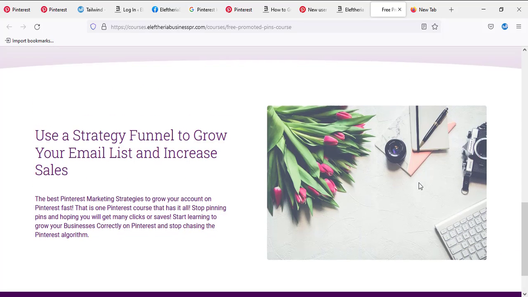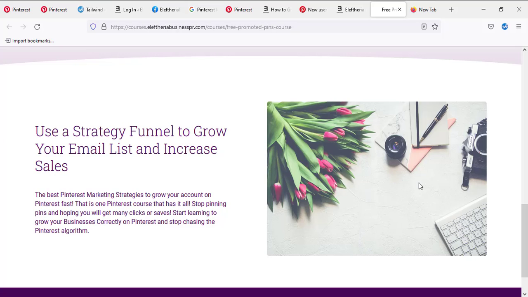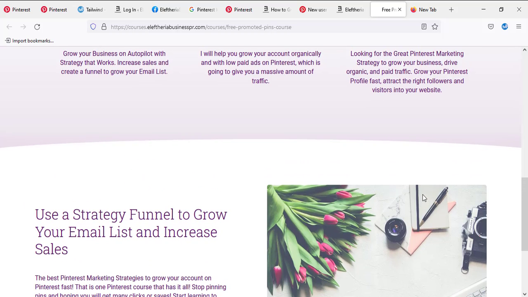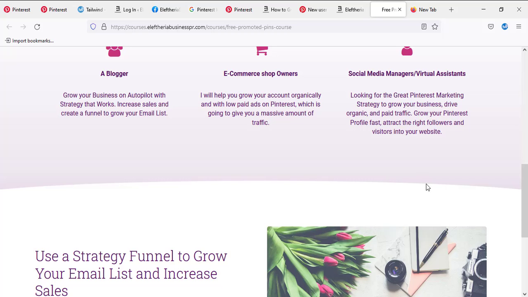The course is updated. During the 4 days, you will learn how many different campaigns we have and use on Pinterest, where to start, a couple of algorithm secrets. And also, you can have a plan, a sales funnel, set up correctly when you're setting up your Pinterest ads, because that way you won't lose money. Remember that if you don't know how to create a Pinterest ad, you might lose money.